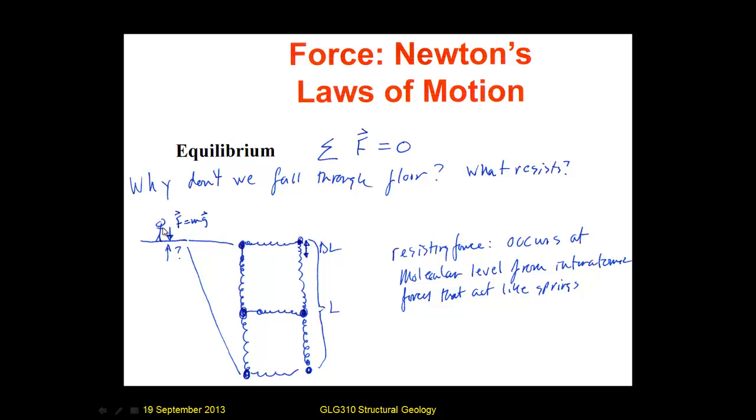So here I am standing on the floor, so I have a certain downward directed weight force, mass times gravitational acceleration, and what's pushing back is the material, the floor itself, and that comes from the molecular-level pushback. The floor beneath me has interatomic forces that act like springs, and they're very stiff, so you can't usually see the floor deforming,